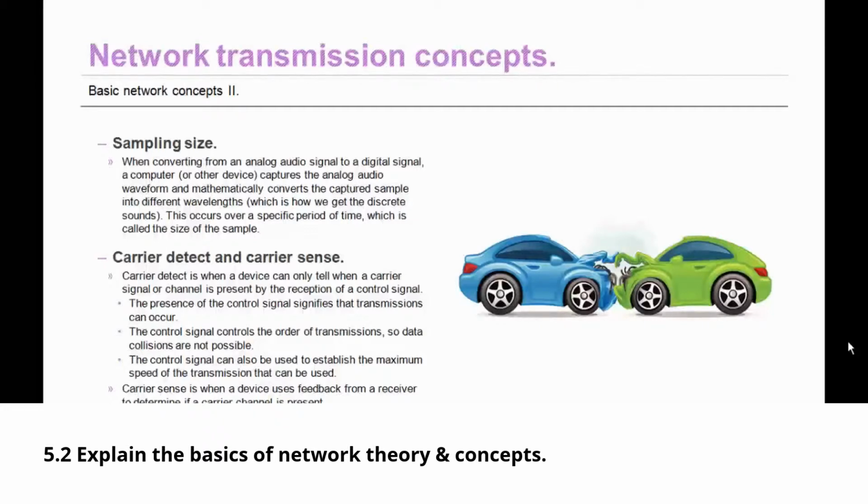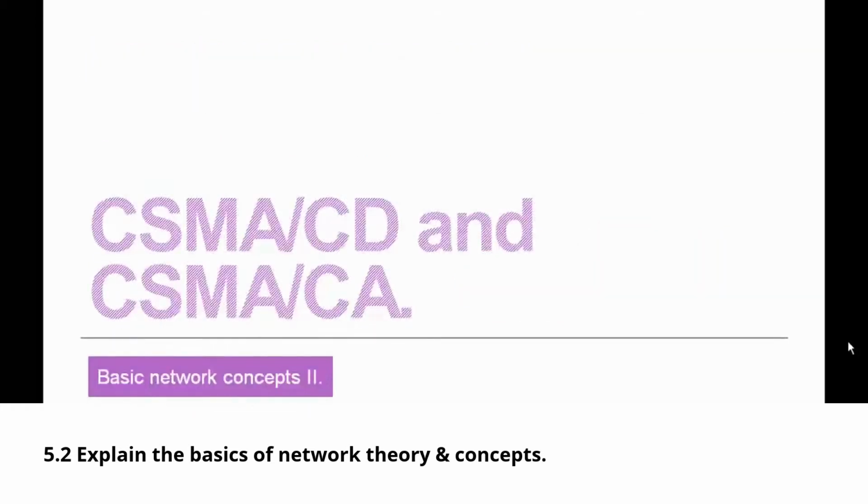Carrier sense is when a device uses feedback from a receiver to determine if a carrier channel is present. If a carrier signal is detected, the device can send transmissions. Data transmission collisions are possible with carrier sense. And that logically leads us into